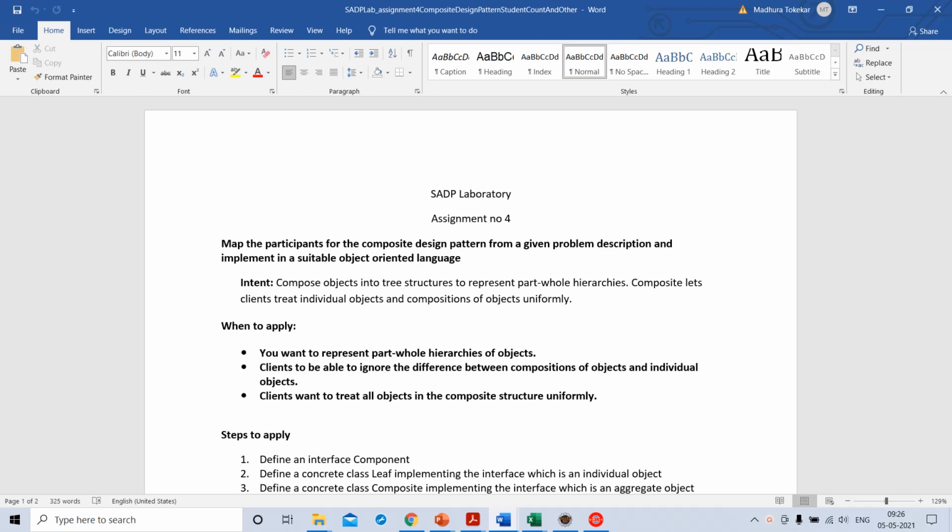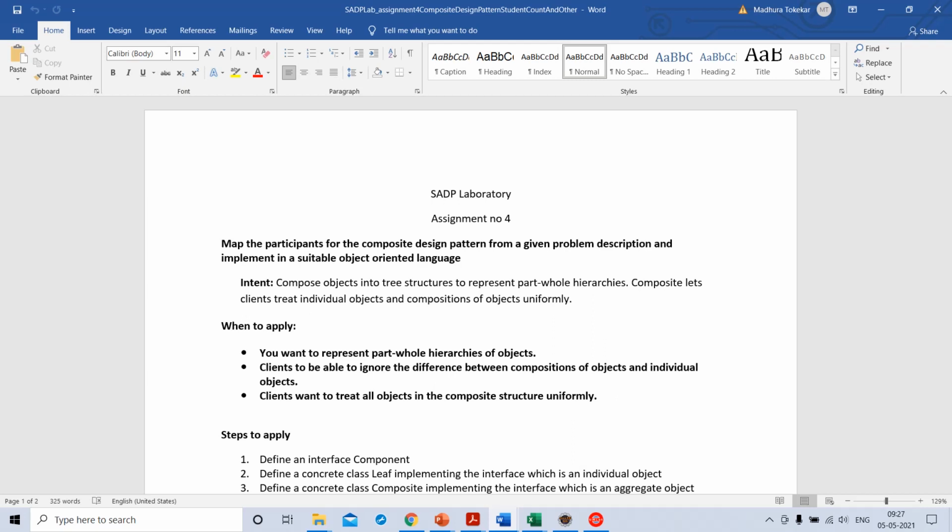You all must be recollecting that we did file system wherein you have folders or plain files. So folders can have multiple files in it, or a folder can have a folder in it. Like this, you may have a whole part hierarchy wherein from case to case it may differ. So you do not know exactly how to manage the multiple number of parts which are there in another part as the contents and the other part as the container. So this problem is very gracefully solved in composite design pattern.